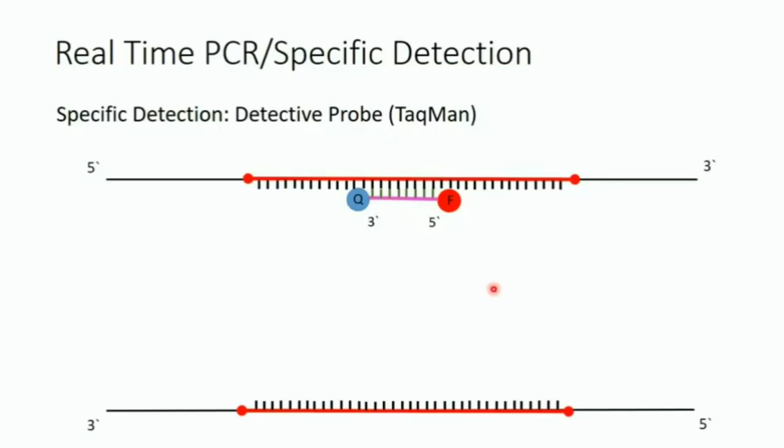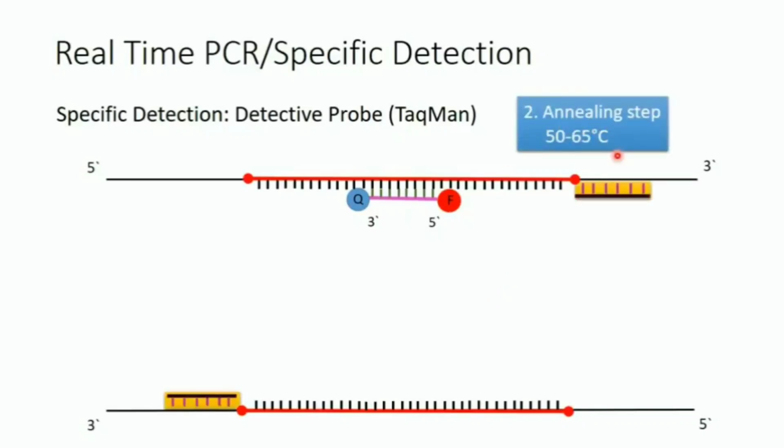Now, in the second step of the thermocycle, which is the annealing step, the primers will be binding at the 3' end of the gene. This is also what I told you in the previous video. Now going to the third step, which is the elongation step. In the elongation step, the